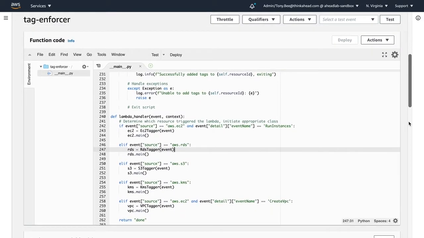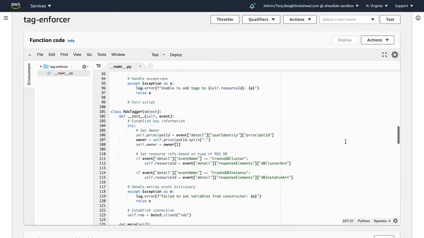If we go towards the bottom of our function, we'll see here we have our Lambda handler, which takes in the CloudWatch event as an argument. And the specific resources we're looking for include EC2 instances, RDS, S3, KMS, and VPCs. So let's say someone creates a KMS key. If I go back towards the top of our function,